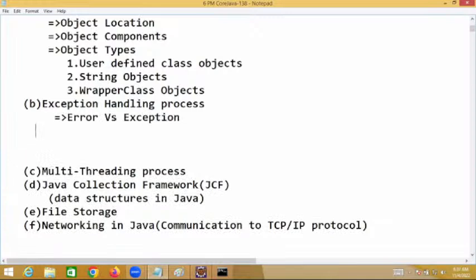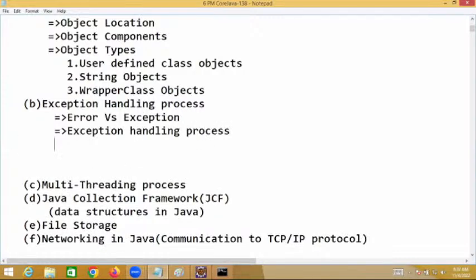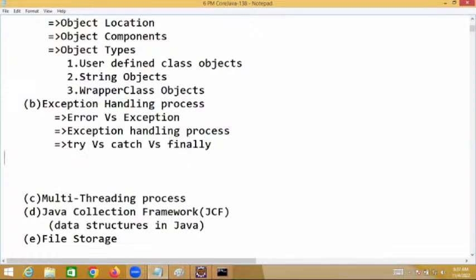You know the definition of exception handling process. You know the difference between try, catch, and finally, you know throw versus